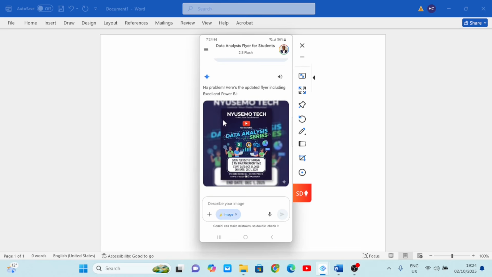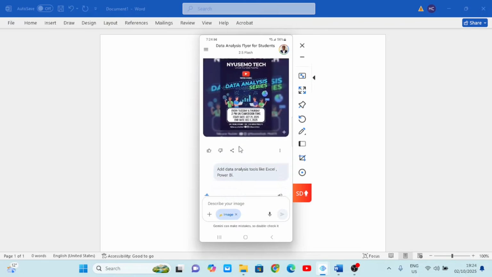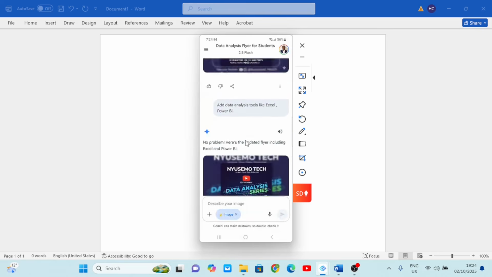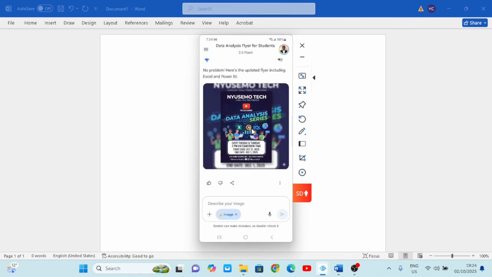Now you see that we have Excel here. On the first two, we didn't have any tool. On the first flyer we didn't have any tool. Now we have Excel and Power BI. So it gives us a sign of Excel, a sign of Power BI, and then adds SQL. Are you seeing now? Okay, let's